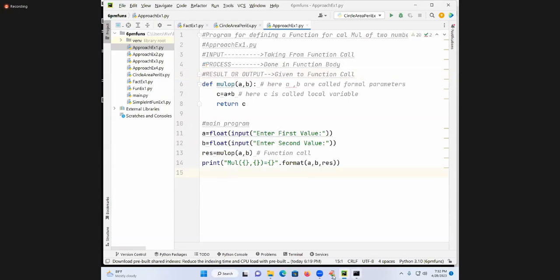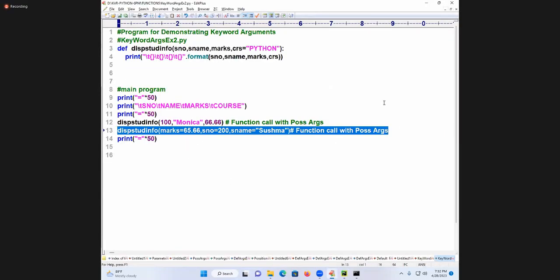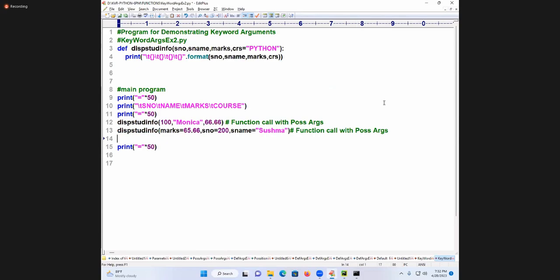Next, I'll go for one more student. One more girl student I will take. I'll write the course name also and pass it. Java. So Java learning.